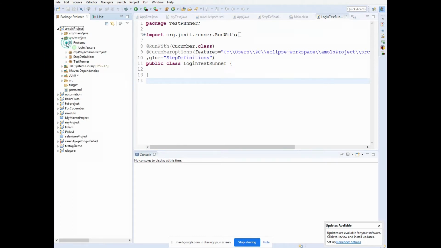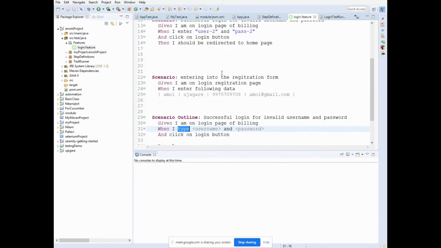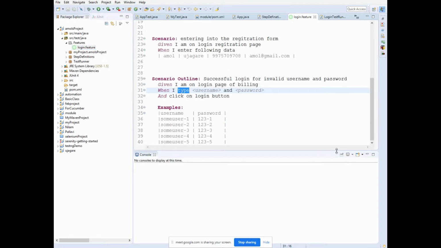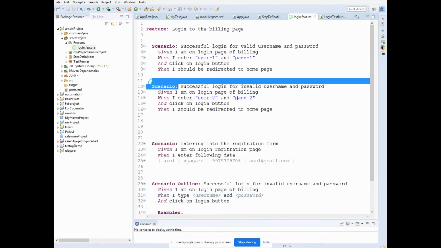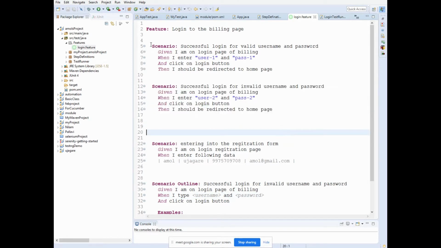There comes a situation wherein, suppose there are many scenarios in the feature file just like this, and out of which let's say I don't want to execute these two, I want to execute only this scenario, or I want to execute these two scenarios. So can we do that?